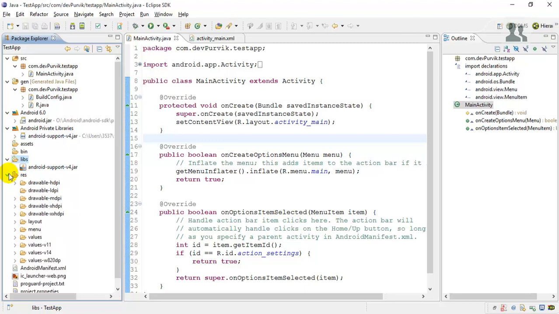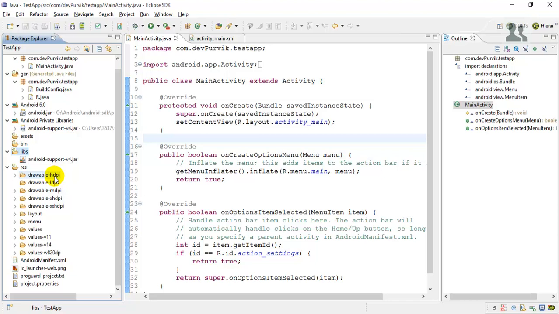Then the res folder is there, which contains a number of resources related to your Android application. The drawable folders contain the images used in your Android application in different pixel formats, from HDPI, LDPI, MDPI to XXXHDPI. So these are the different formats used for the images. Then the layout folder resides in the res folder, which contains the layout of your